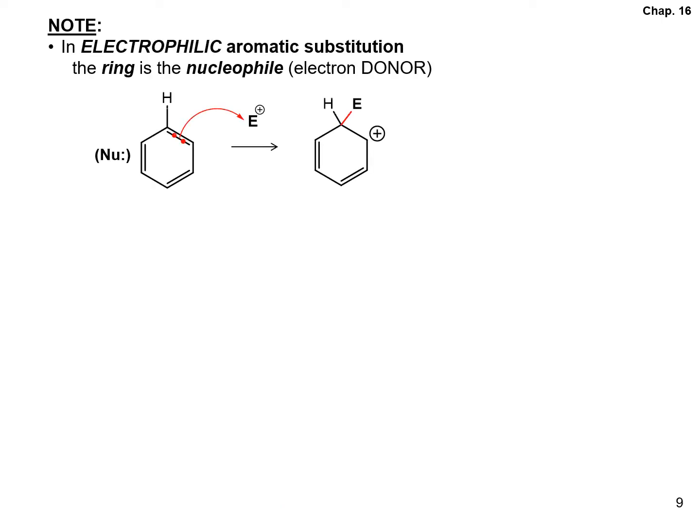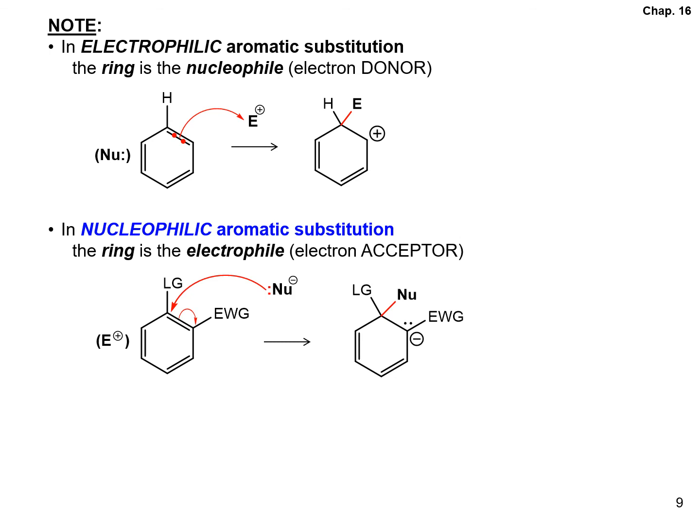I want to emphasize once again the difference between electrophilic aromatic substitution and nucleophilic aromatic substitution. The main difference is that in electrophilic aromatic substitution, the benzene ring is the nucleophile, that is, it's the electron donor reacting with an electrophile. In nucleophilic aromatic substitution, the ring is the electrophile, that's the electron acceptor, reacting with a